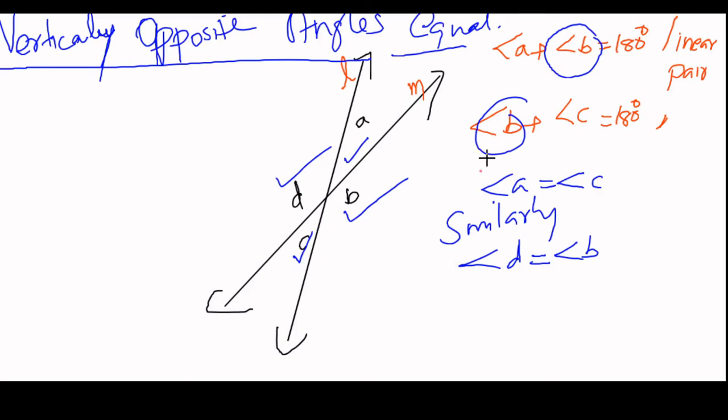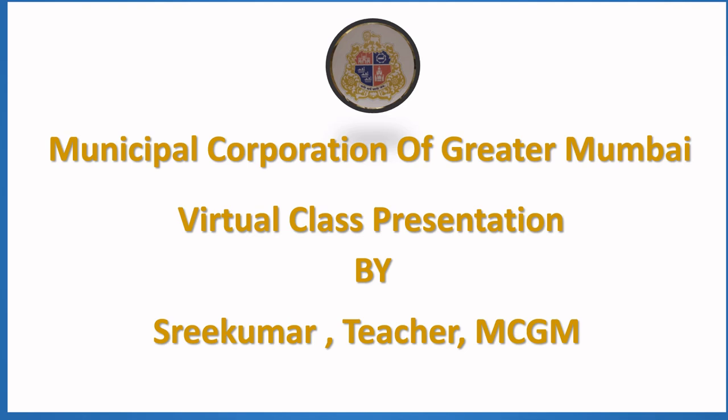So this way we understood there are complementary angles, supplementary angles, linear pair, vertically opposite angles, and the concept of adjacent angles. These are the pairs of angles that you have to study. Please revise the video and try to fix these points, especially about pairs of angles, so that further it will be easy for you.